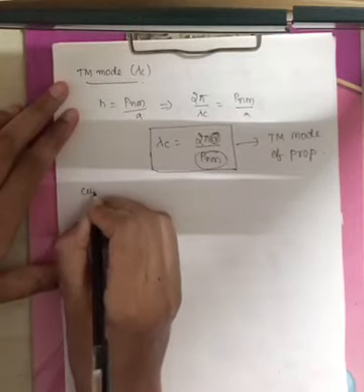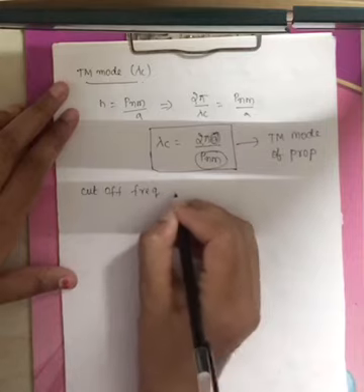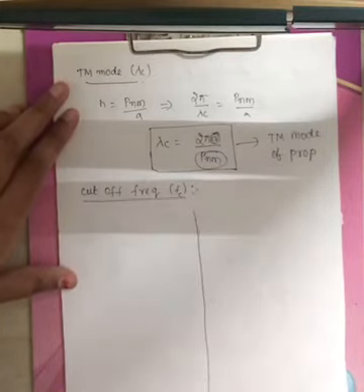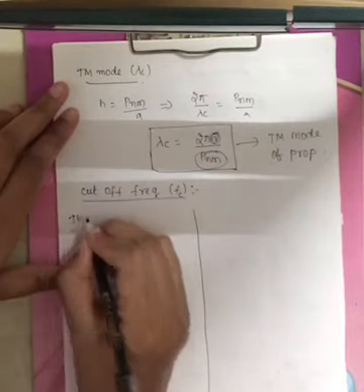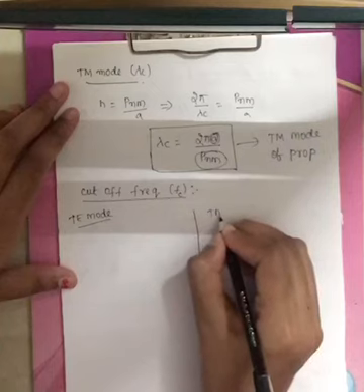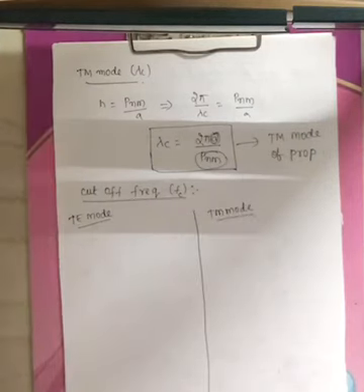Now next is cutoff frequency. We have derived the expression for cutoff wavelength. Next we have to find the expression for fc. Here also you'll have two different cutoff frequencies, one for TE mode of propagation and another for TM mode of propagation. You'll have two different fcs and two different lambda cs under circular waveguide because the roots vary, whereas under rectangular waveguide you'll have a single formula.